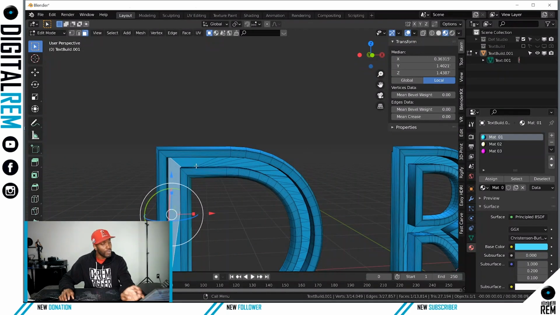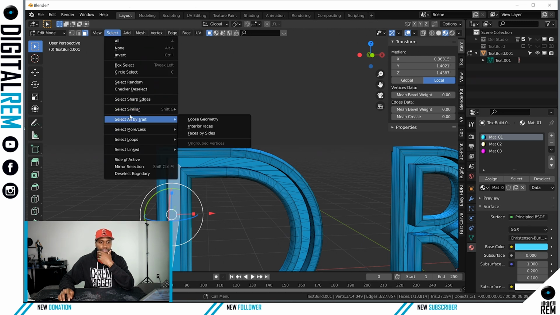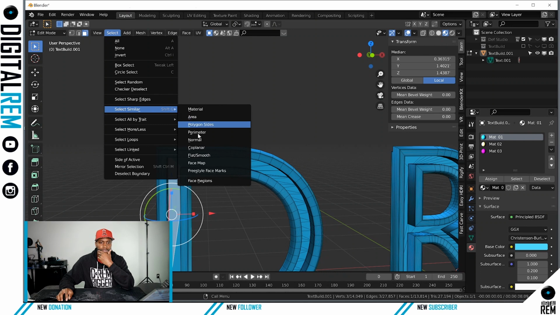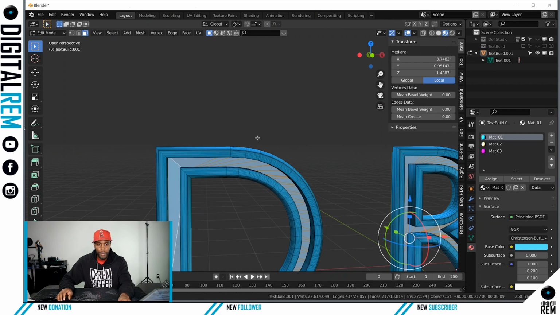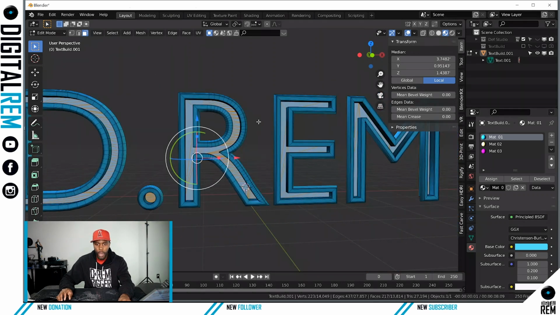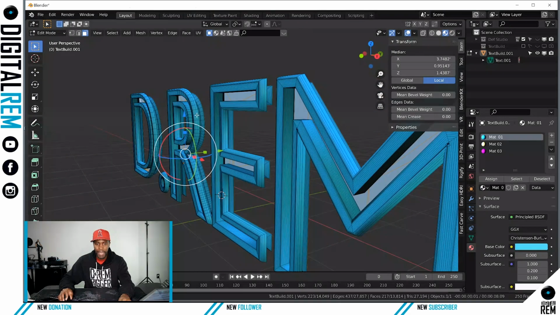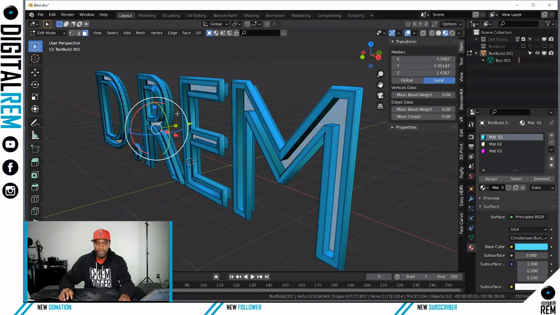So with knowing some of the tools that are available to you, what you want to do is select one of the faces, and then we want to go to select similar, and then coplanar. Now, when we select similar coplanar, it's going to select all faces that are similar, that have the same angle and everything. It might even be in the same